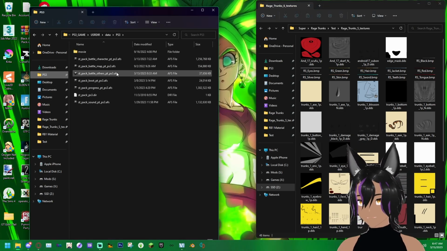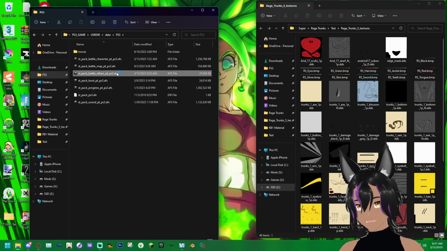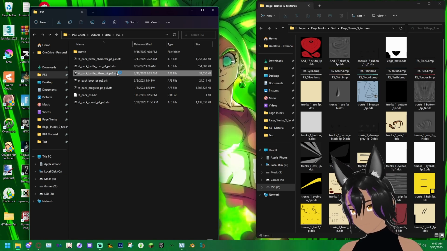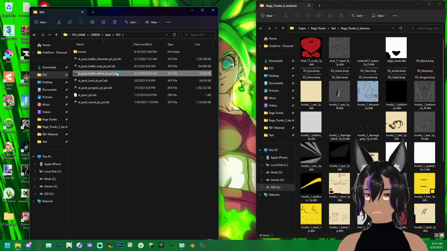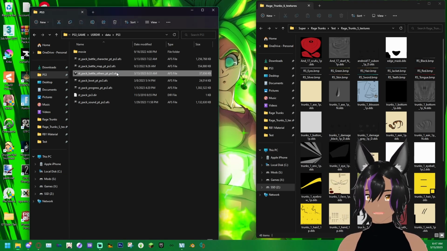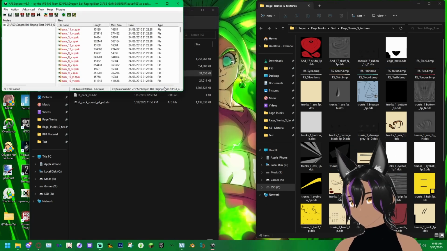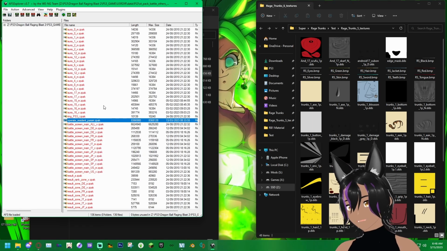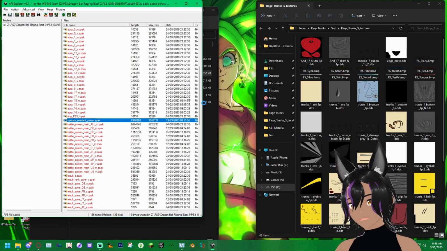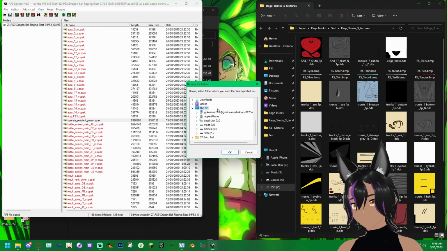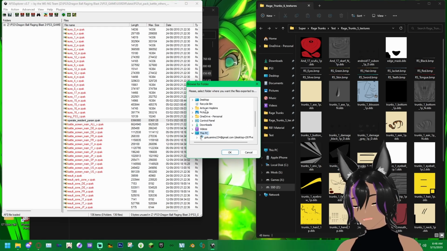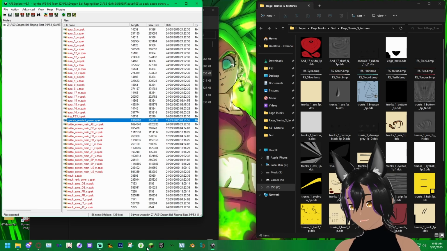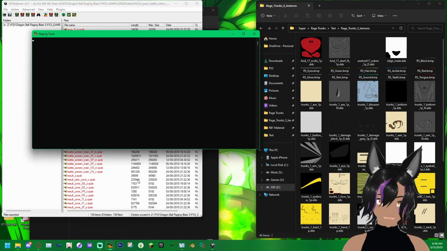Go to your game directory, open STPack Battle Others, open it, and you're going to want to extract the file called operate. It'll be down here under the ORAS, operate resident param. Export that somewhere. I'm just going to put mine on my desktop, easy to find, and leave this open for a second. Open Raging Tools again,